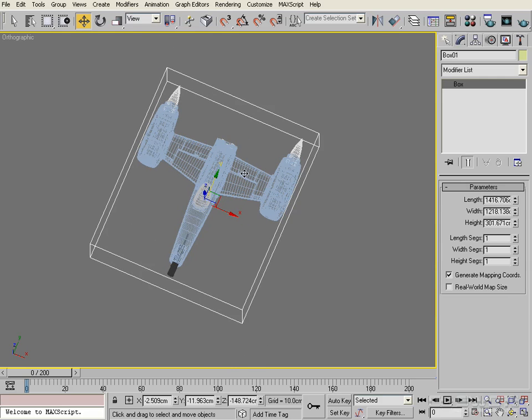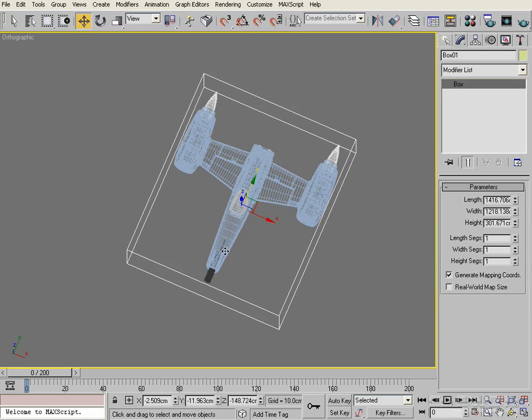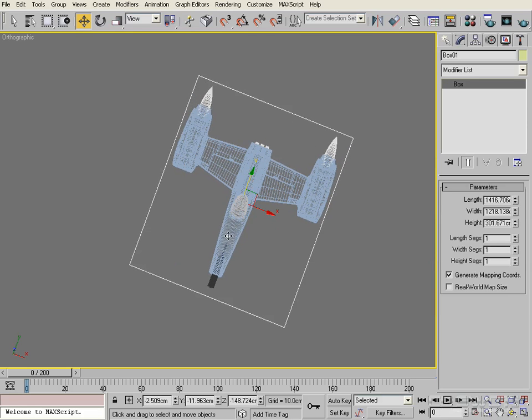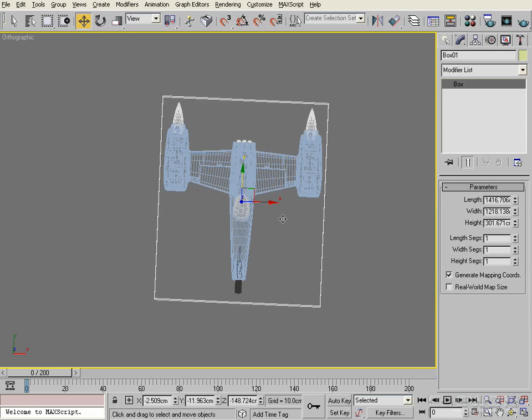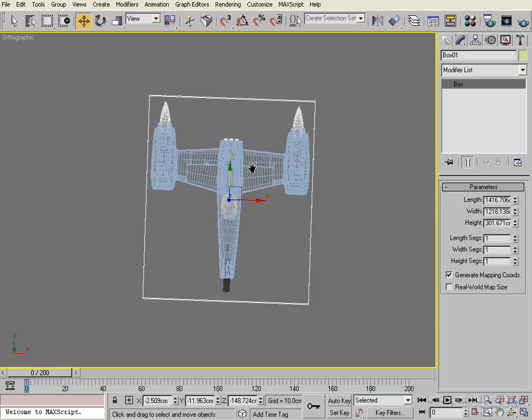So what we're going to do is sort of factor 10 this down. If this was a single man fighter, we can envisage that it would be around about 10 metres in length, and would have a width of just under, maybe about 8.5 metres or something like that. So let's type some values into our box dimensions here, and we're going to go 10 metres,